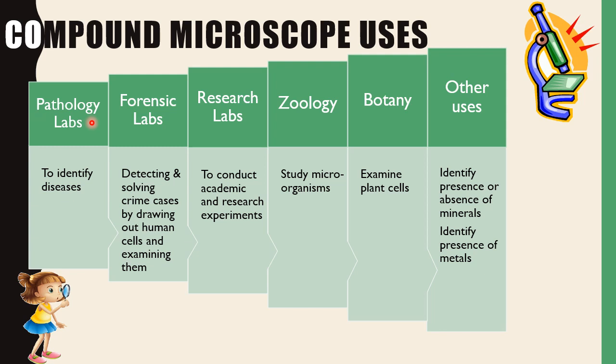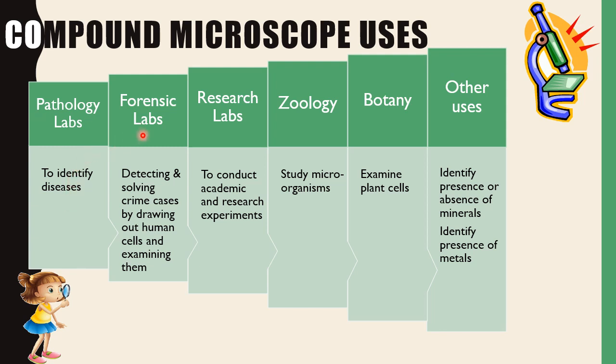Pathogens are microscopic. We need to study the pathogens responsible for various diseases. So, the blood test, stool test, etc. will be made possible only by using a compound microscope. This is not possible through a simple microscope. So, they make use of a compound microscope to study the pathogens and to diagnose the cause of various diseases.